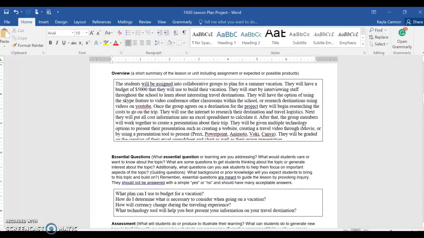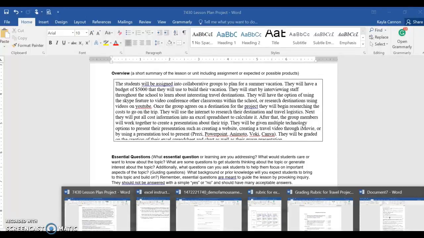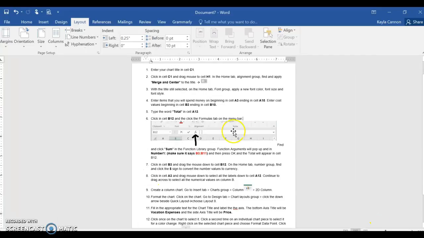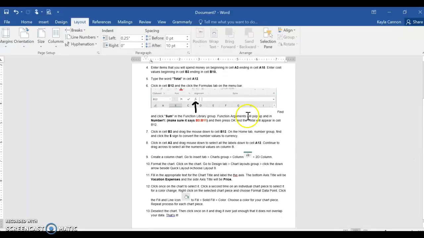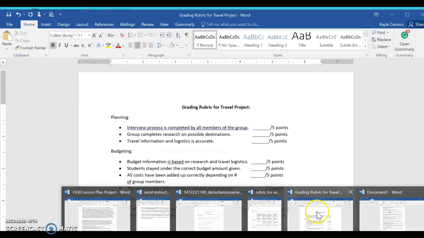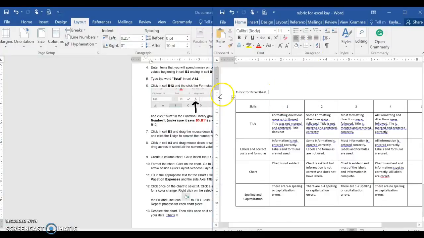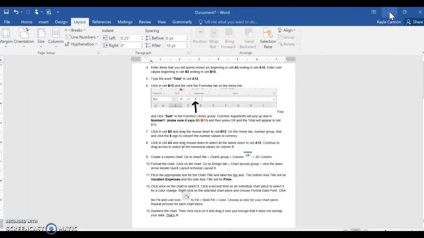So next, they created an Excel spreadsheet. I created directions that were very specific. This is them. They had to center and merge, but they enter all the information, and then through these directions, it also creates a chart. So I graded this separately with a rubric on the Excel sheet, just because they've done this before and they got really good at reading the directions and following the directions. So I wanted to give them credit for that technology use.